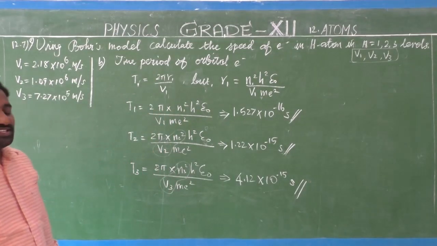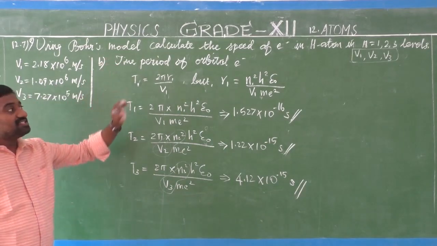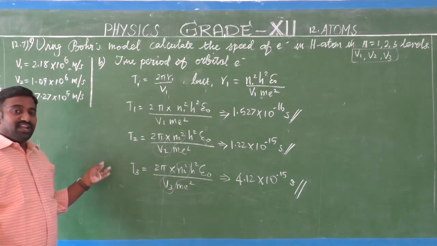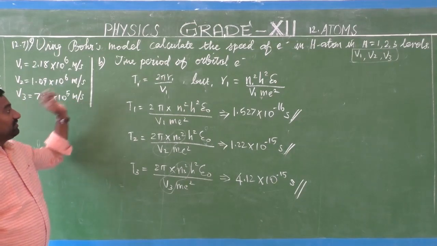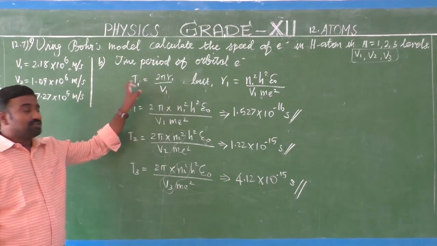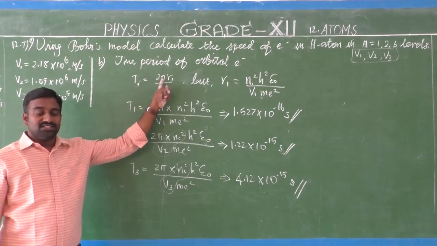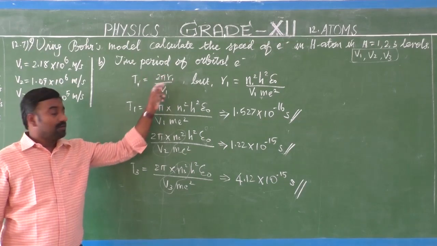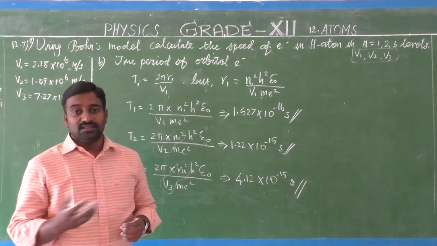Okay, it's a very simple concept. So what is the question? Using Bohr's model, calculate the speed of the electron of an ionized atom in each level. So the speed formula we get from the radius. After finding the velocity, that is the speed in each level, we are going to calculate the time period, because this is the formula: velocity is equal to displacement by time. So time is equal to displacement by velocity. The displacement is the total circumference of the circle, that is the orbital path, 2 pi r by v. Okay. So the remaining questions you can practice on your own.